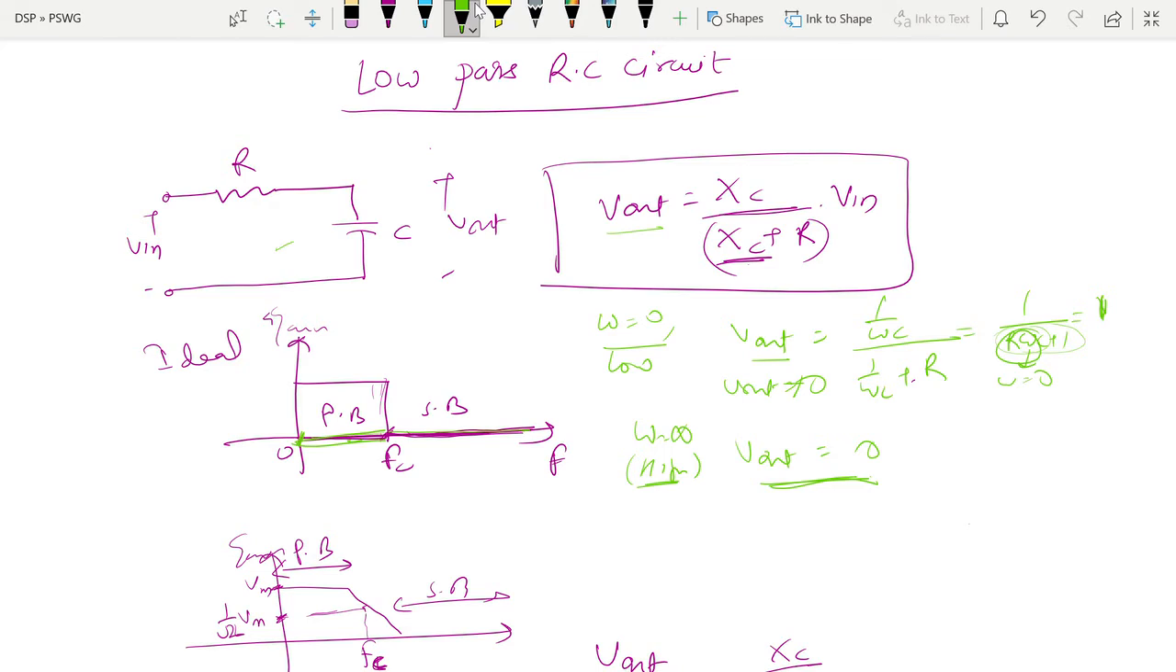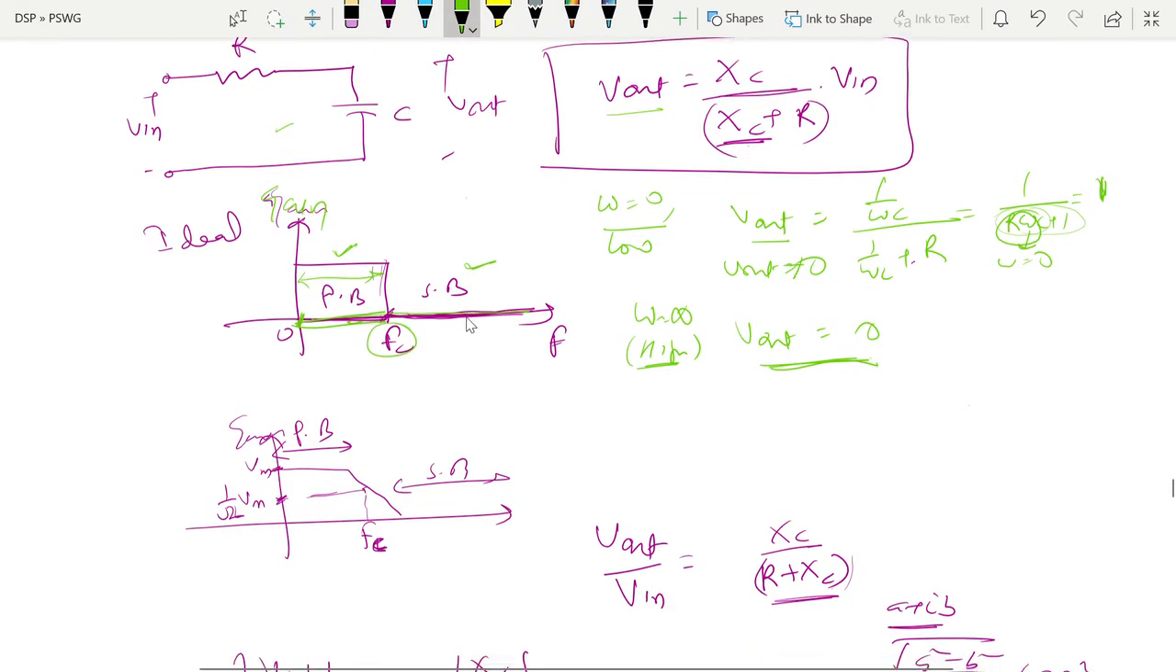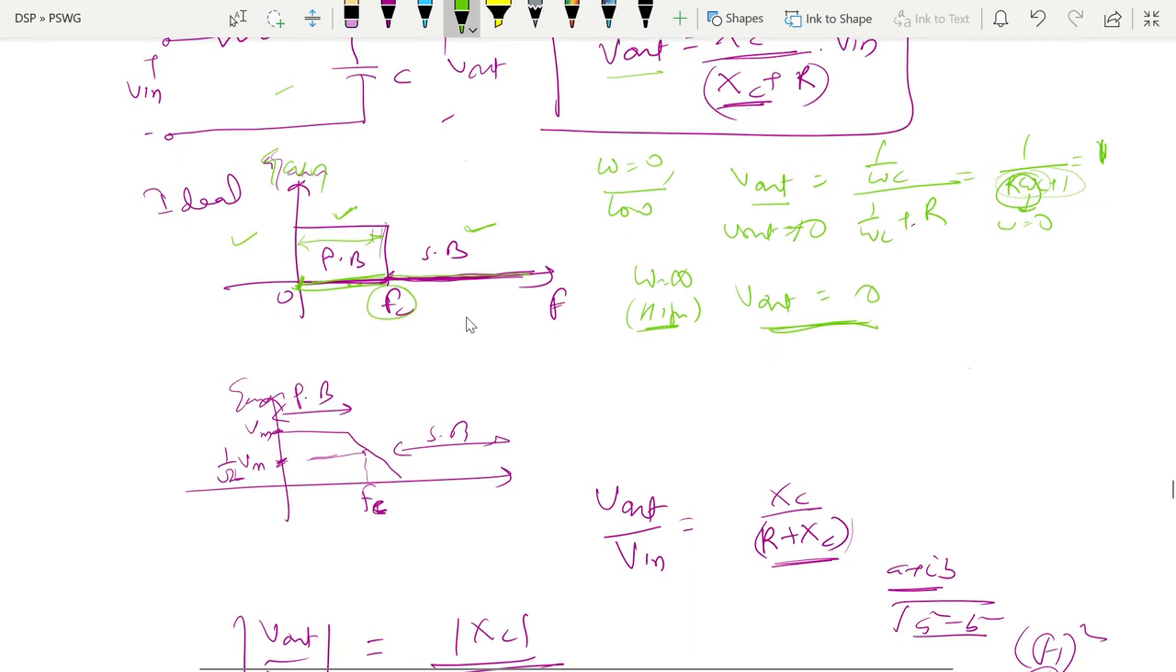Ideally it should be like that: for low frequency from 0 to fc, the cutoff frequency, it will be in the pass band, and all the frequencies in between will be passed by this RC circuit. The higher frequency band will be in the stop band, and it will reject all the higher frequencies. So this is the basic principle of this low pass RC circuit. Ideally it will be like this, but practically